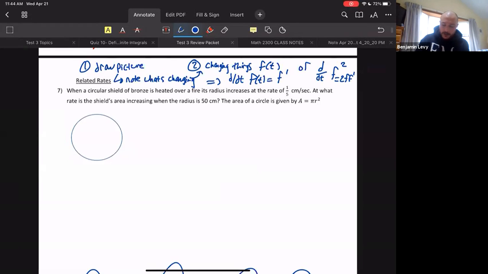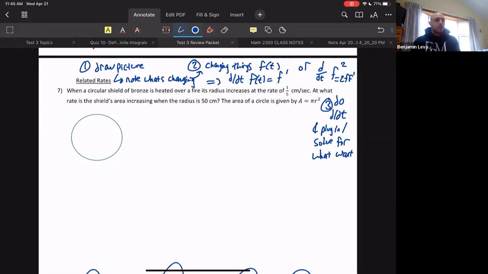And then what we always end up doing after that, since I can't really cram a step 3 in, I'll do it on the side: we do d over dt. It's always going to be d over dt in these problems because they're changing with respect to time. And then plug in and solve for what you want. I know that's vague, but it depends on the problem, right? But those are really the 3 steps. If you want to see those in more detail, look at this note. See my tab here? It's called Note April 20th. There's some good information that extends these ideas a little bit.